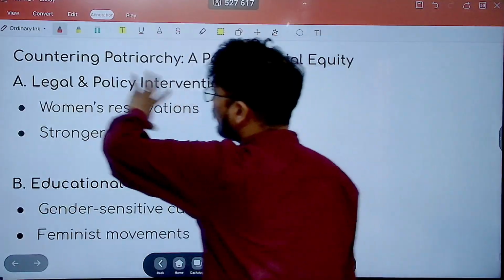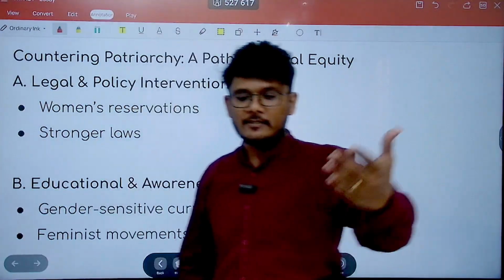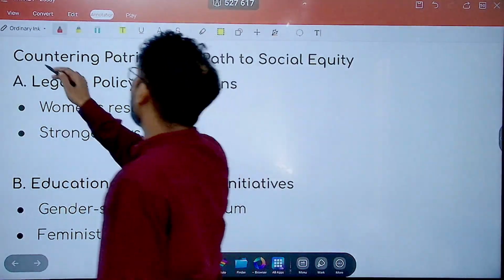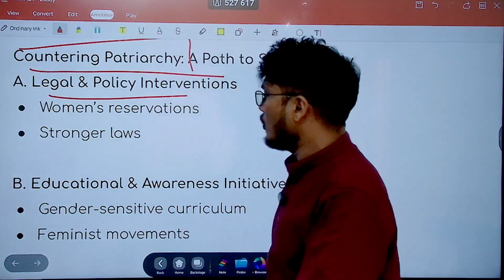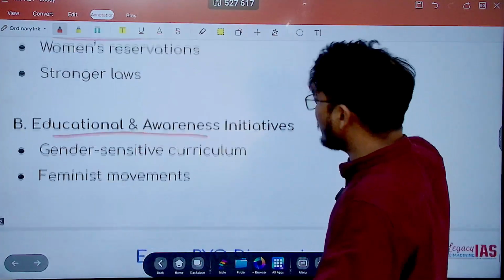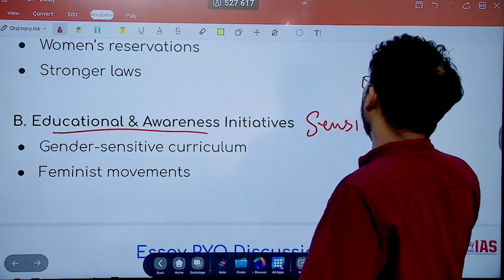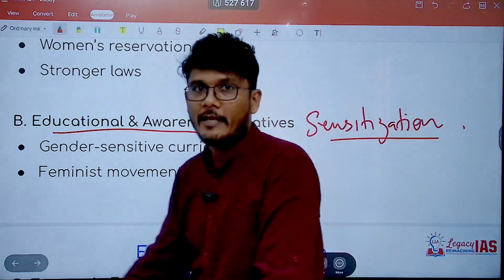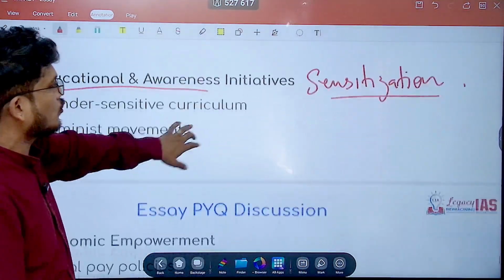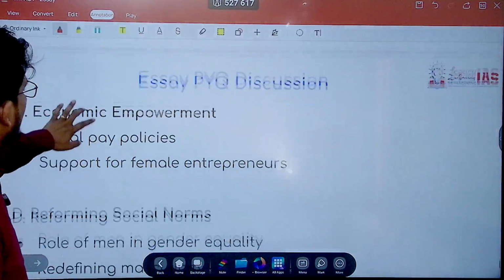Now, once you have talked all about these negative externalities, of course, you have to come up with the solution, that is how to counter it through legal rules, through education, through awareness. Mention another thing over here, sensitization is very important. Just educating you does not help. You should be sensitive towards this issue. So sensitization word needs to be mentioned over here.